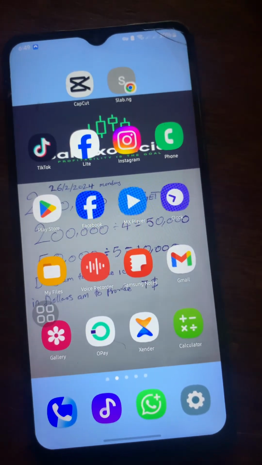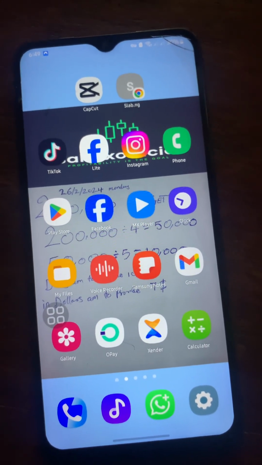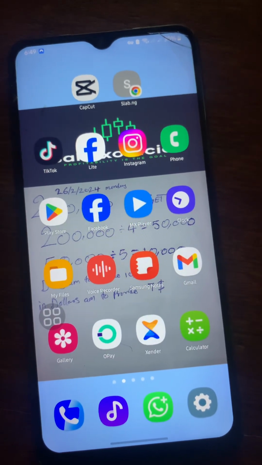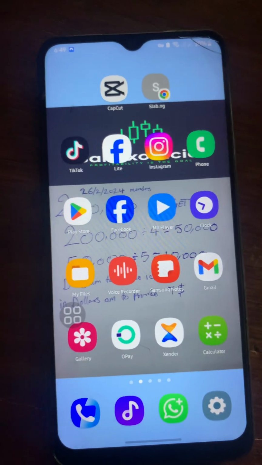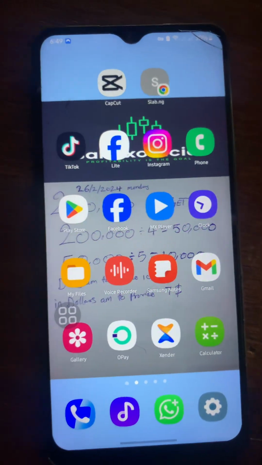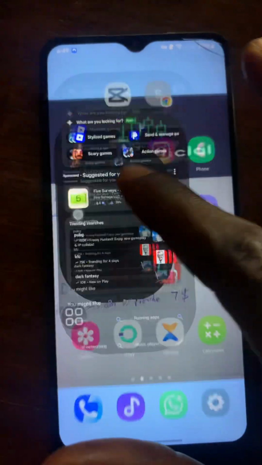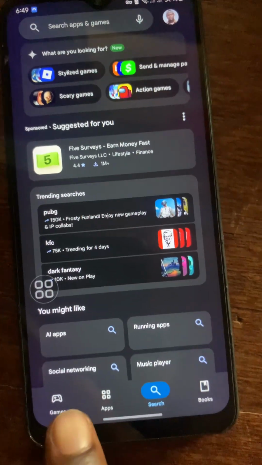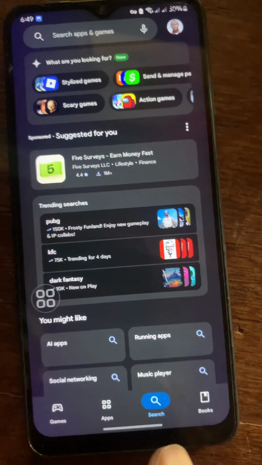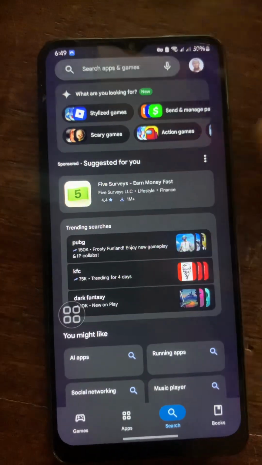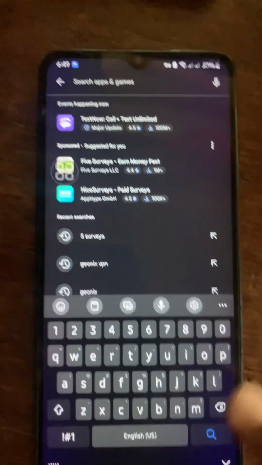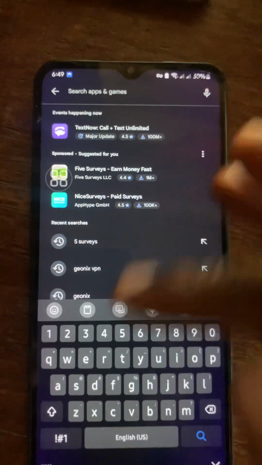So in this video I'm going to show you how to buy a US number in the store. You remember in the first video, after I uploaded, you can change your Play Store. You can see 1 2 3 4. It must show this 4. I said any app that is not in the Nigerian Play Store, you search for it after you have switched your